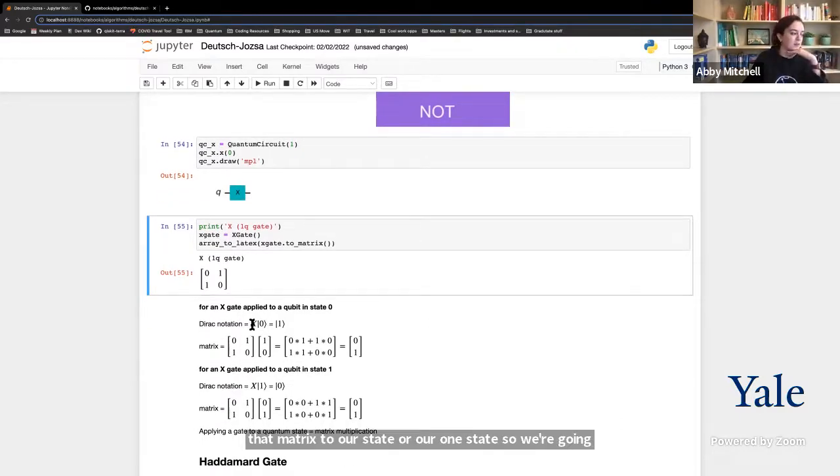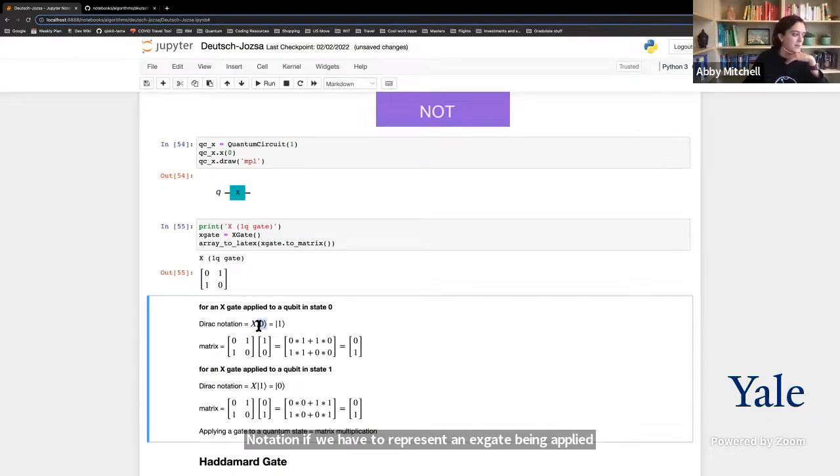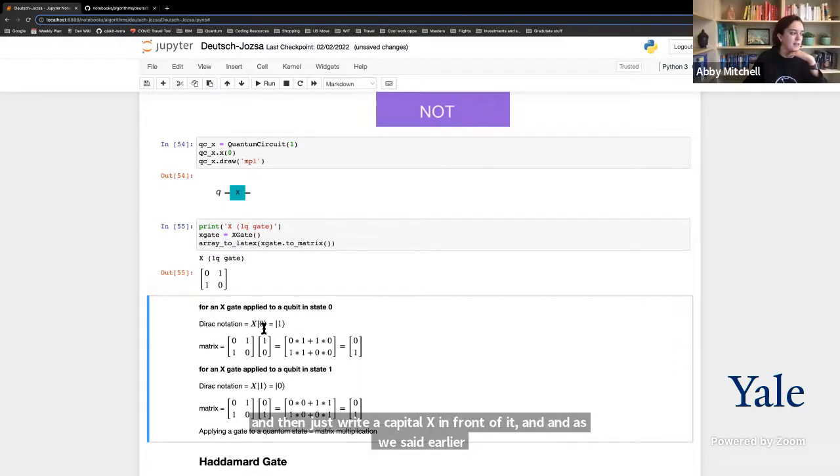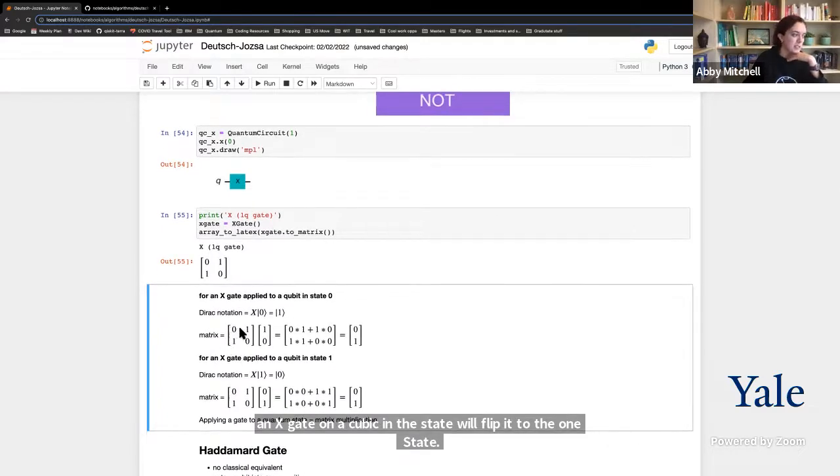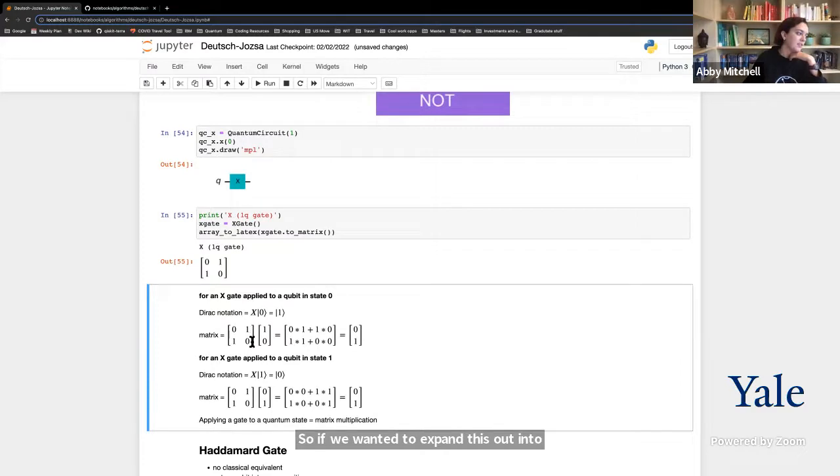If we have to represent an X gate being applied to a qubit in state 0, we would take this 0 ket, and then just write a capital X in front of it. And as we said earlier, applying an X gate on a qubit in the 0 state will flip it to the 1 state. So if we wanted to expand this out into matrices, we can see that if we have this 2 by 2 X gate matrix, apply that to our